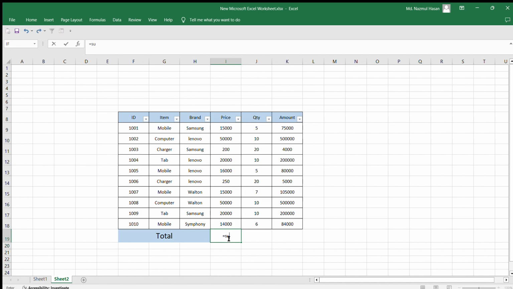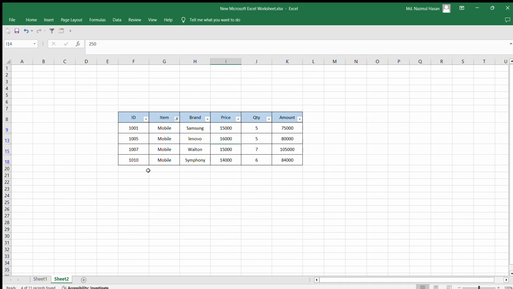Yes, sum, first bracket, then select price, then first bracket complete, and total. Total price is 2,450,000. You see, if I filter mobile, it is not showing this sum. If I use subtotal,